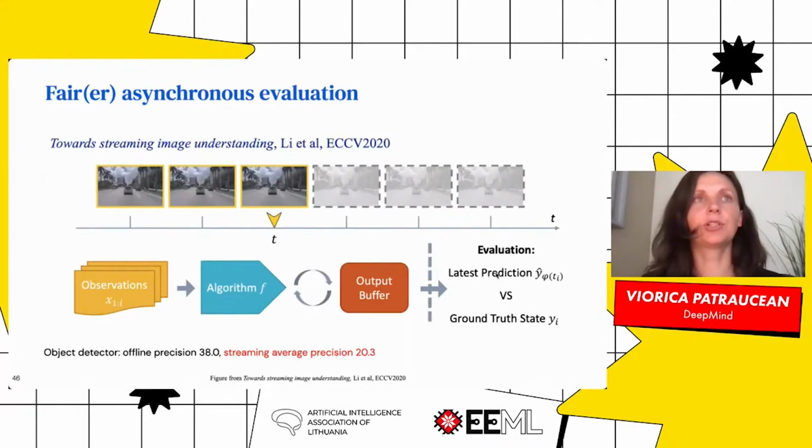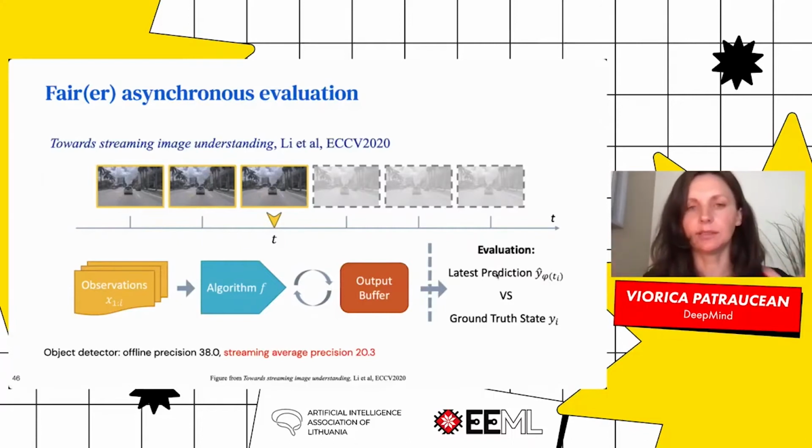Maybe just to mention that the results I've shown before were actually obtained in an unfair way for our model, because our model is real time by design, and we are comparing it with a standard model that has high latency and which is not real time. But that was the best we knew how to do when we published the paper. But there was another paper published last year in ECCV, which proposes a nice framework for evaluating real-time models. It's called Towards Streaming Perception.